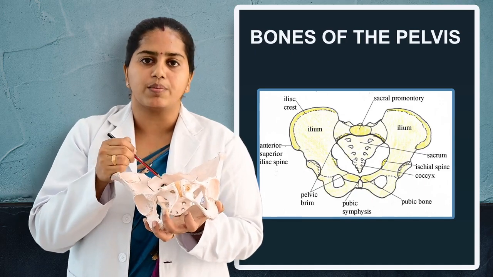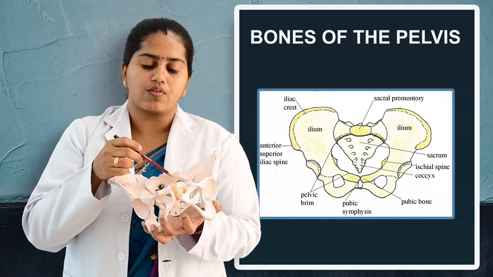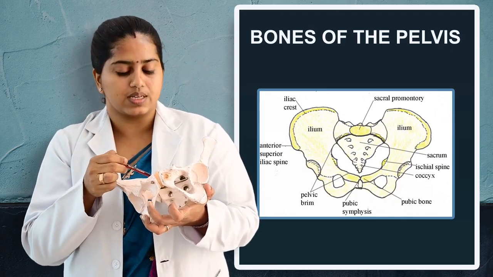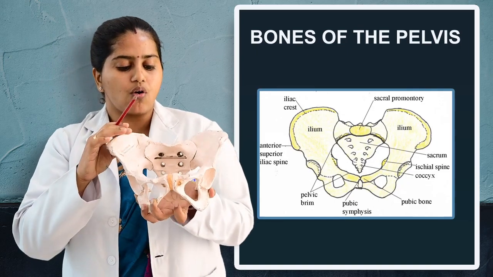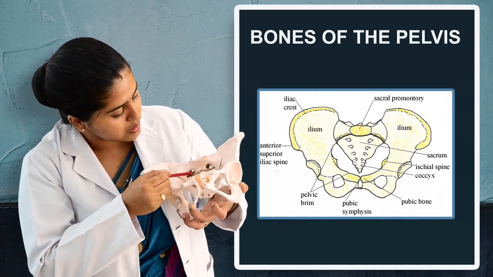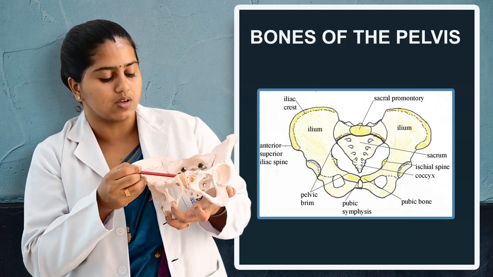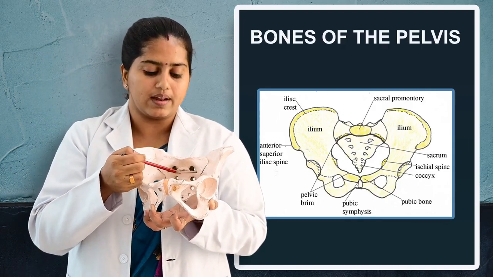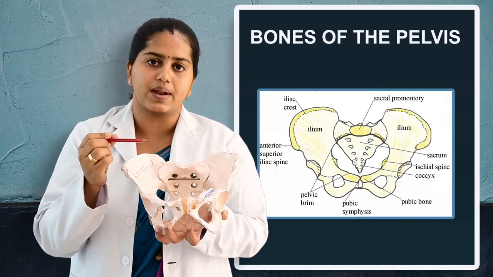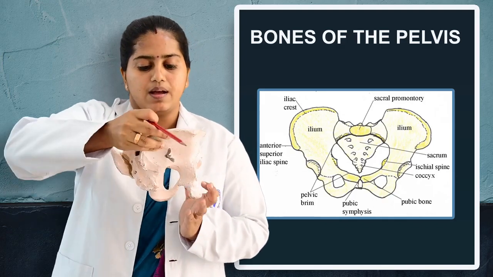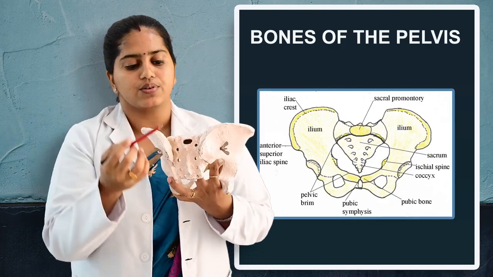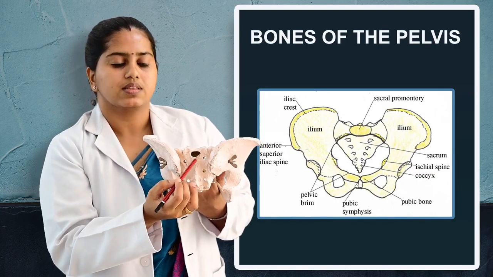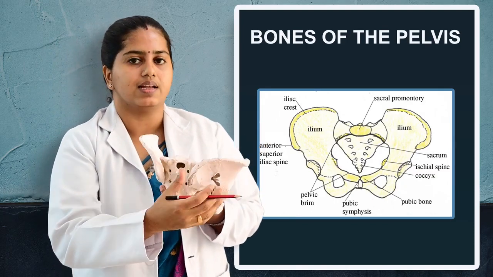The sacrum is formed by 5 fused vertebrae, and its innermost portion is concave and consists of 4 pairs of holes. You can see 1, 2, 3, 4 pairs of holes. These holes are known as the sacral foramina, through which the cauda equina nerves pass and supply the visceral organs. Posteriorly, if you see the sacrum, it is roughest and convex. This helps to attach the muscles and the ligaments.